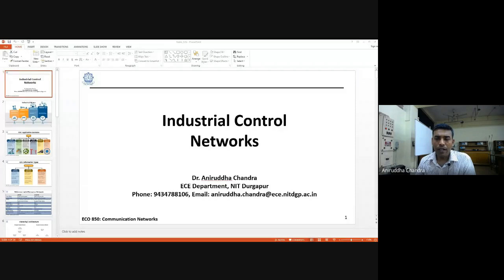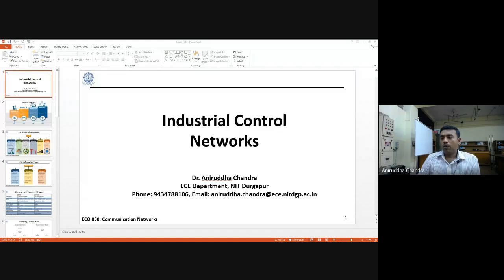Then we talked about cellular mobile networks, which are again another widely popular network and useful for general use. And in the third sub-module, we zoomed into some advanced as well as industrially relevant and probably futuristic kinds of networks. We started with IoT, the Internet of Things, and gave you some glimpses of how IoT works. And then we started with vehicular communication. Unfortunately, the class got disconnected and there were some technical problems. And then today we are in the industrial control network.